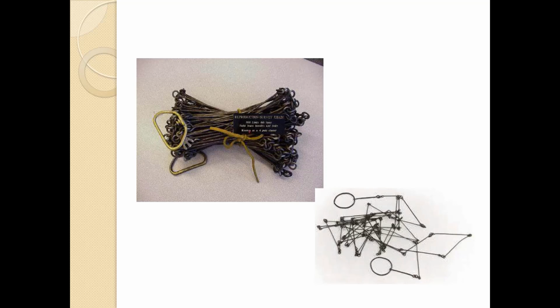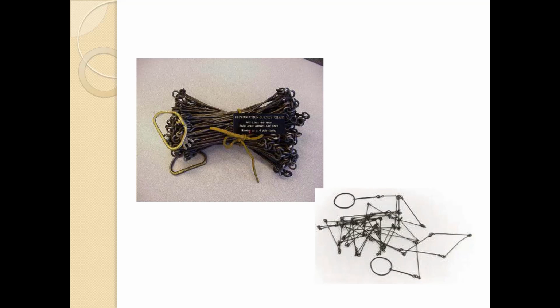Gunter's chain reconciled two seemingly incompatible systems: the traditional English land measurement based on the number 4 and the decimal system based on the number 10. Since an acre measured 10 square chains in the Gunter system, the entire process of land area measurement could be computed using the measurement of chains and then converted to acres by dividing the result by 10. Hence, 10 chains by 10 chains equals 10 acres and 5 chains by 5 chains equals 2.5 acres.